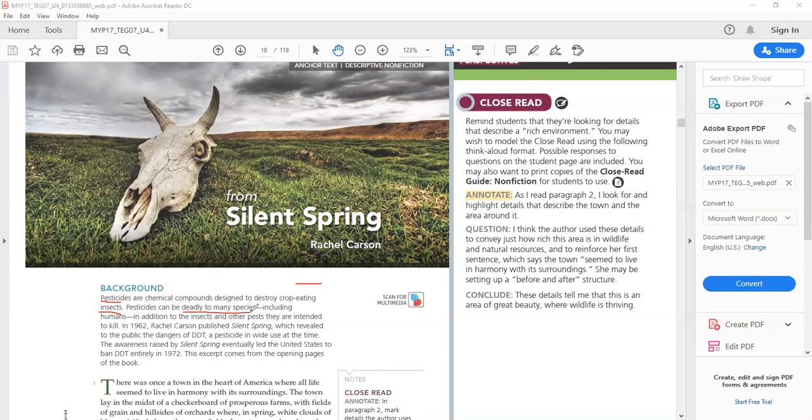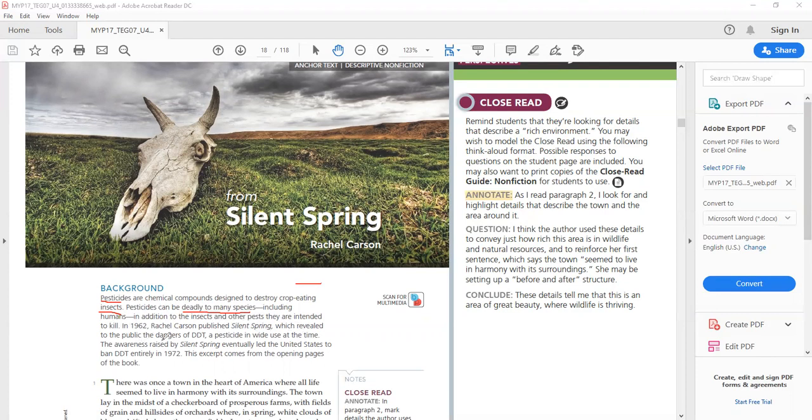So a lot of farmers use pesticides, and pesticides can be deadly to many species, including humans, in addition to the insects and other pests they are intended to kill. In 1962, Rachel Carson published Silent Spring, which revealed to the public the dangers of DDT, a pesticide in wide use at the time.